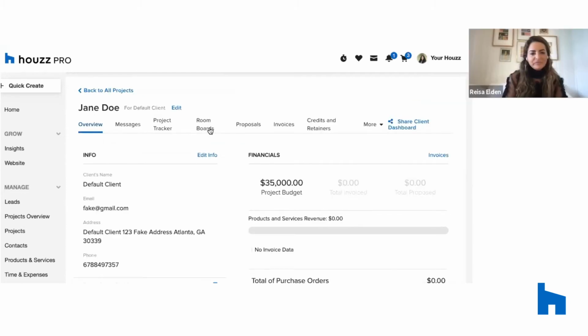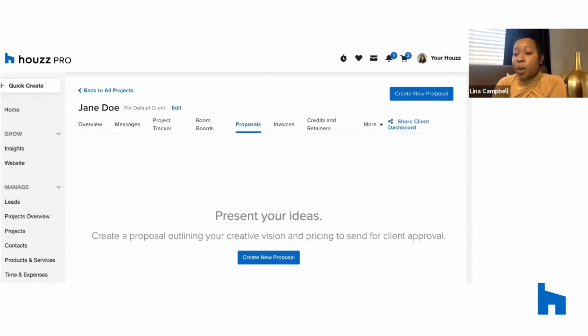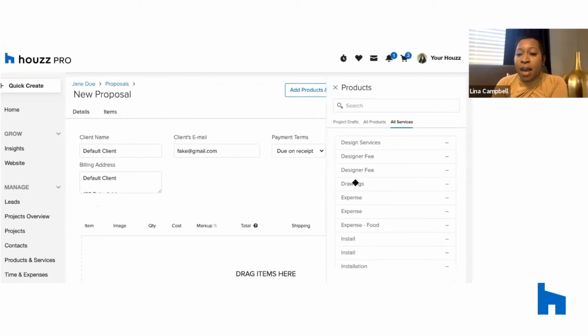And so here, now that I've talked to Jane and she's told me a couple of rooms that she wants to design, it's now fair for me to say, okay, Jane, let me put together a proposal for you. And so what my design fee consists of, and everyone charges differently. But in here, I'll go in and say designer fee,